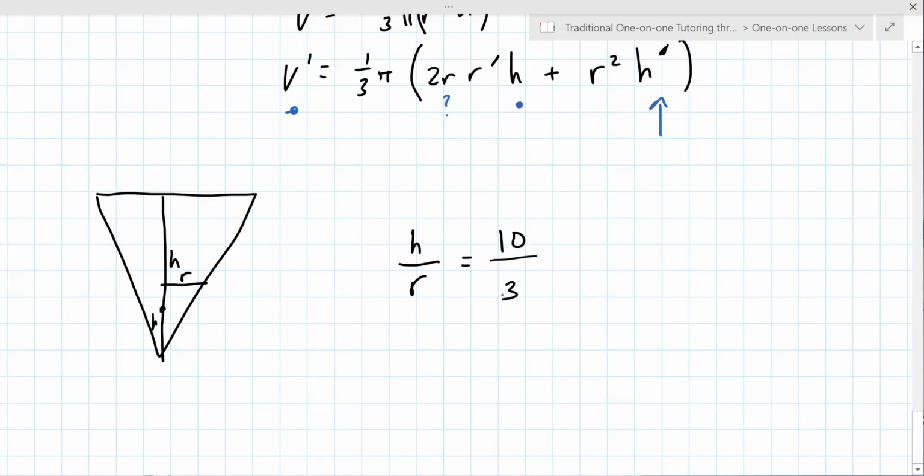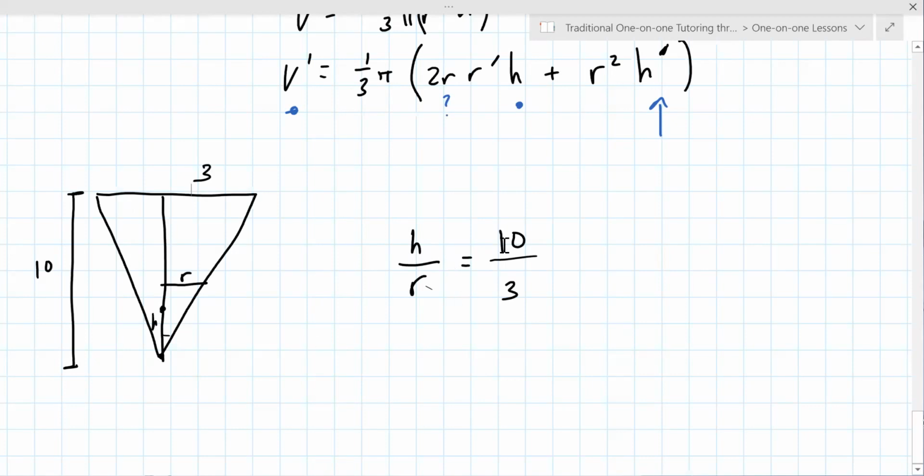So this is really important. If you don't do this, you will never get this problem correct. So what I'm trying to show you is that at any point besides the top you have to describe the height in terms of h, but at the top it's got a height of 10. The radius down here at the bottom is 0, and then it's r, but all the way at the top it's 3. So you have to build this ratio. Now, why is this important? Because you can solve for one of the